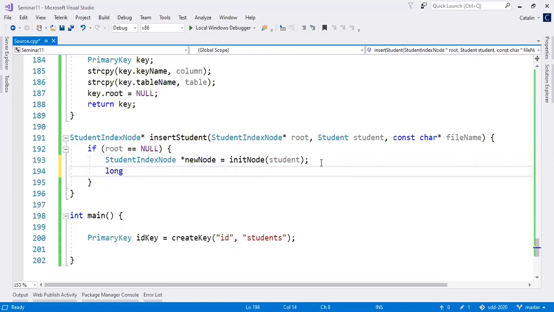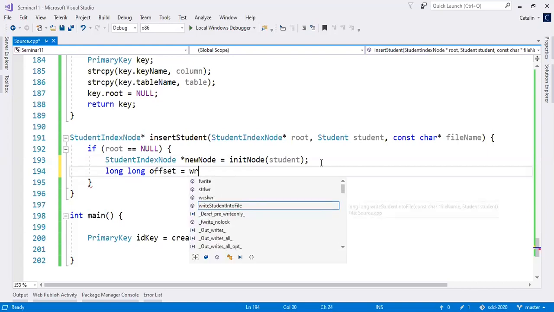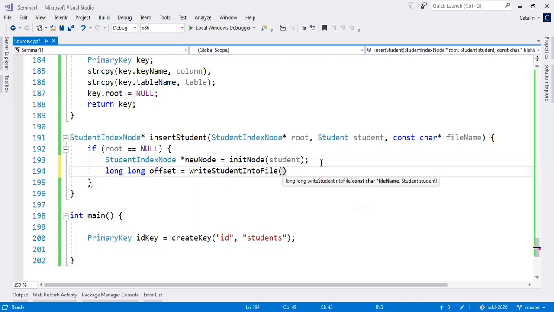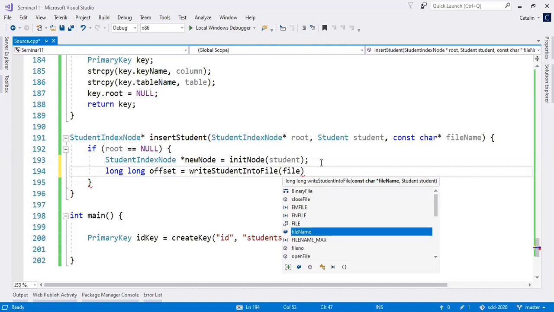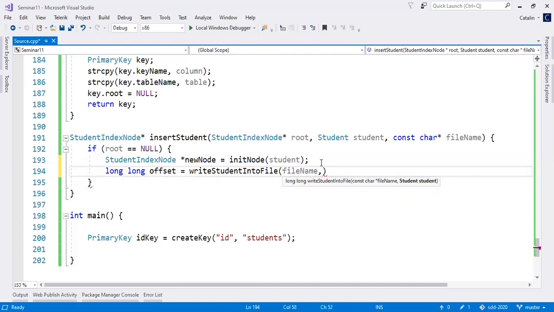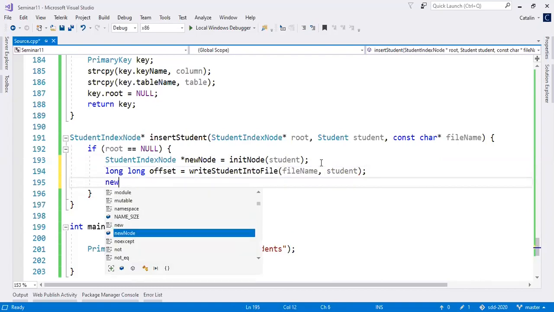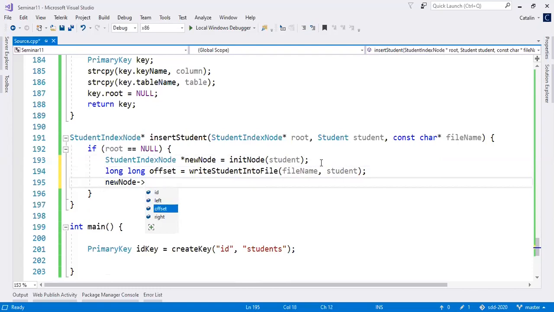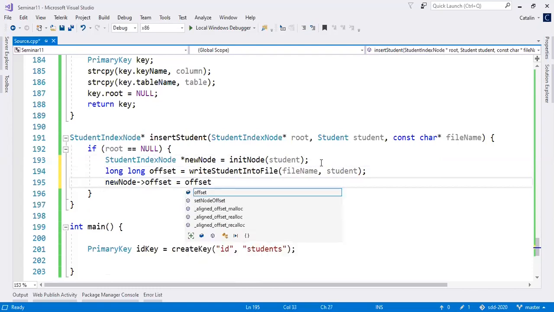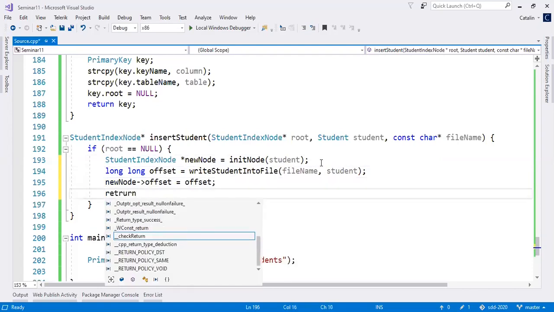So long offset equals write student into file. Which file? File name. Okay, which student? This one, student. And because now we have the offset, I can write new node offset equals offset. And that's it. Now we return